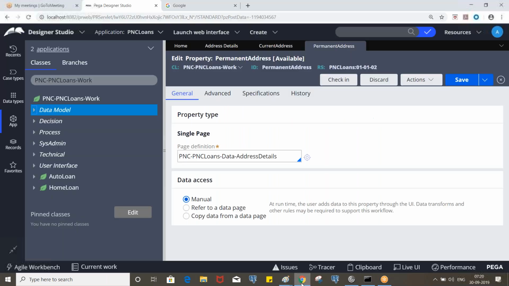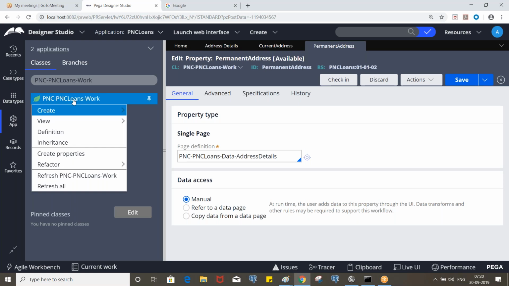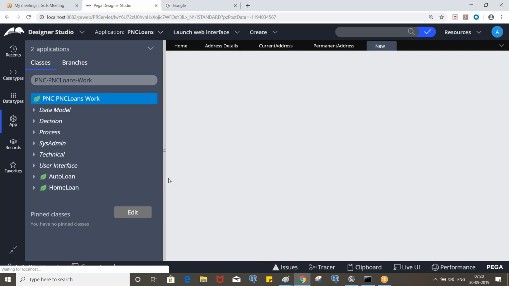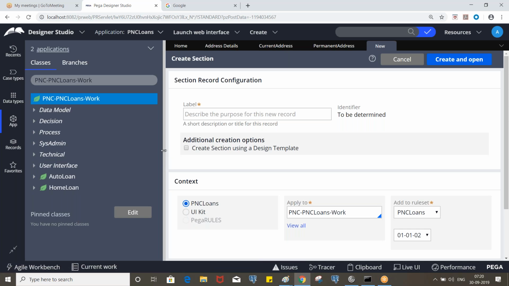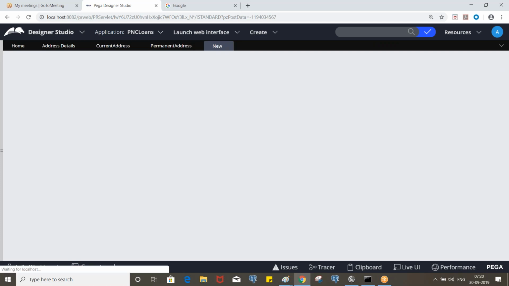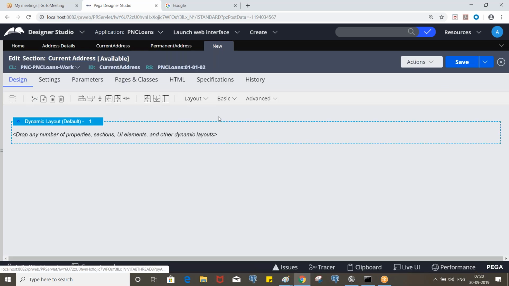Okay, so let's create a section, and we are creating this under the work class. What is that? Let's say current address. Clear? And specify all the properties.